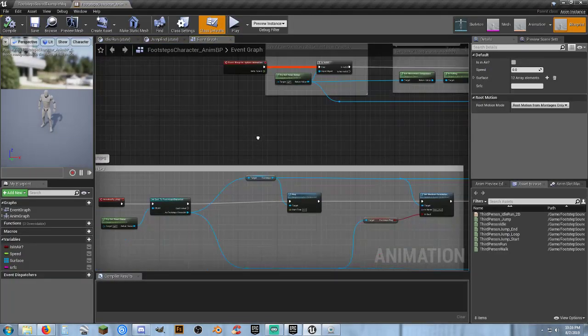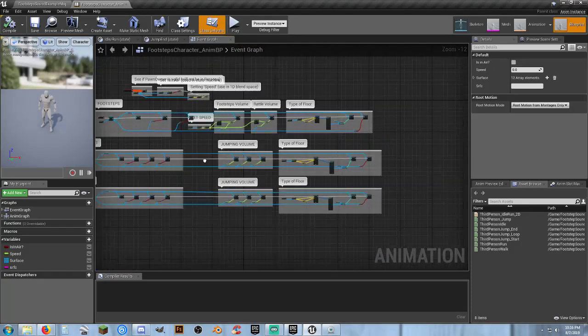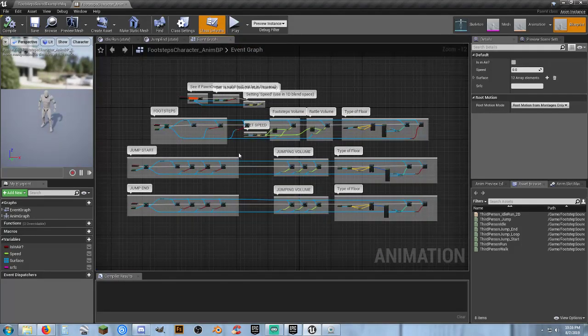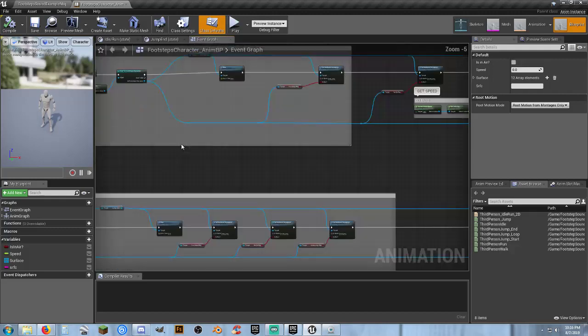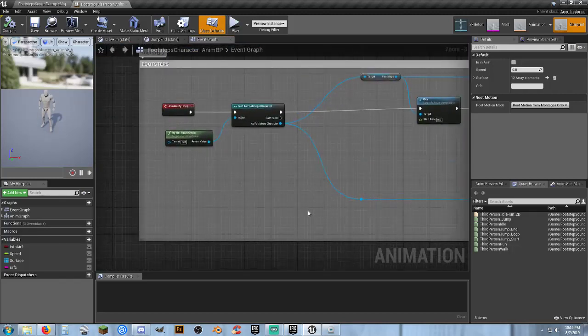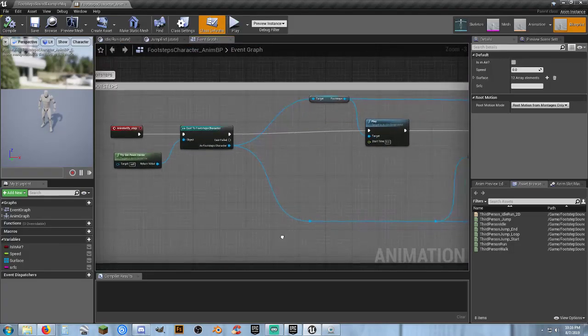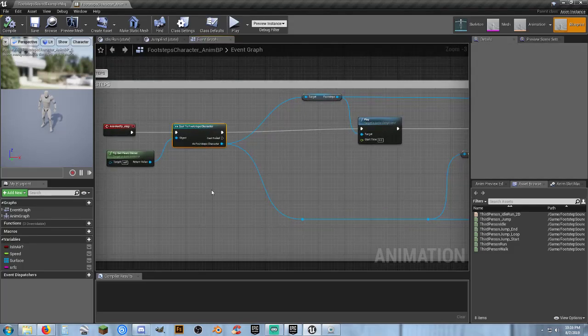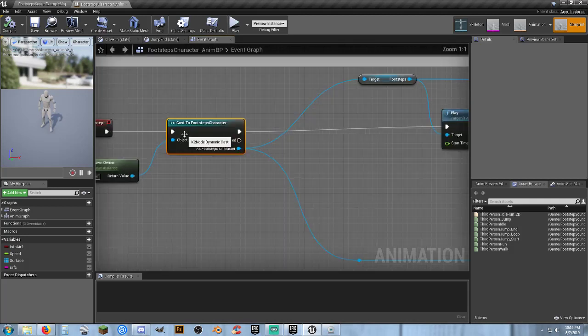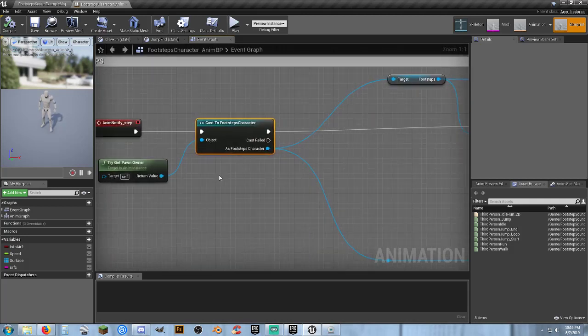And yeah, I'm going to scroll out so you can see. All this was added into the animation blueprint to carry this over. And it's casting to. So if you're trying to get this to work with another, say if you're wanting to add this to your own asset pack, you have to keep in mind that it's casting directly to this animation blueprint. You're going to have to combine all this stuff from their animation blueprint into your blueprint,